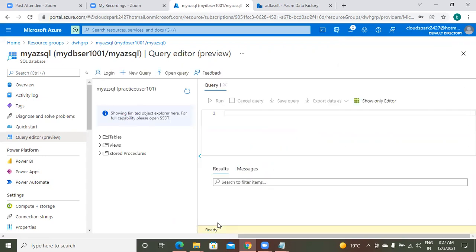Now you are entering your Azure SQL database. How many tables do you have? No tables. Got it. Every table or every object should be under a database, right? Your object is dbo, the default they are giving you. So I don't have views now. I don't have any stored procedures now. Some predefined objects are there, but user-defined objects are not available. If you want to create one, you just run a query over here, with create table, the name, columns, and all these statements.